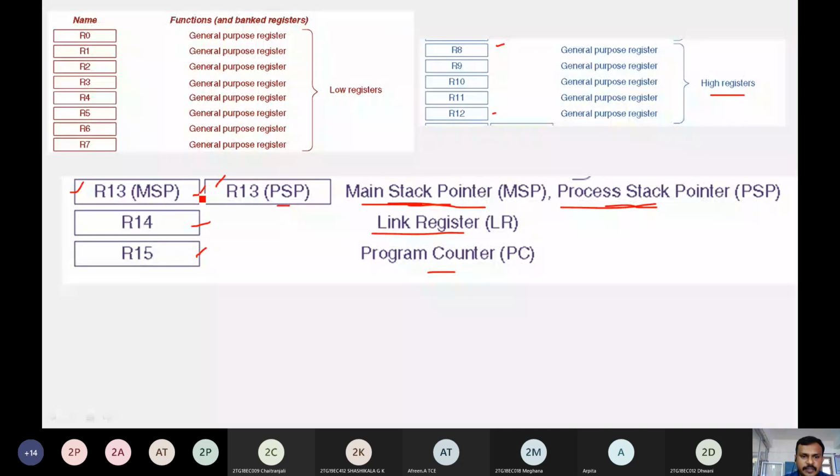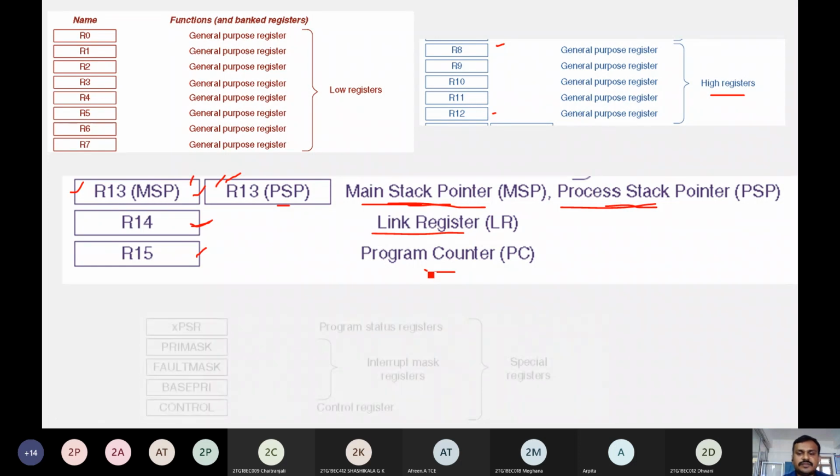Register 13 is the stack pointer, because of the two separate stack operations we have displayed here. We may use R13 as MSP or as PSP. Another register is the link register, physically named R14. Another register is R15, which acts as the program counter, PC.